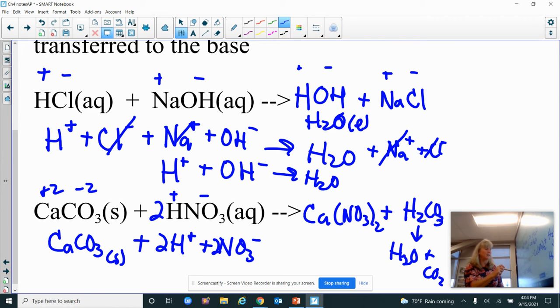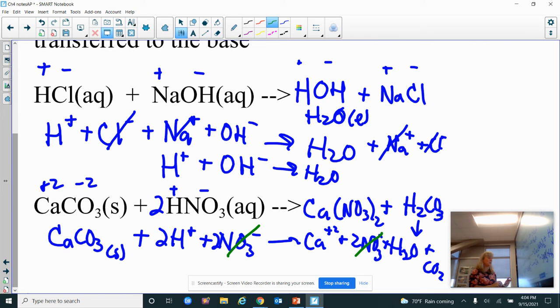The strong acid aqueous breaks up. Calcium nitrate would be soluble, and if this is aqueous, we know that it's in water, so there's water around. So this would break up also. And then we have our water and CO2. So the nitrate will cancel, and that is it. So for this one, the net ionic equation would be solid calcium carbonate